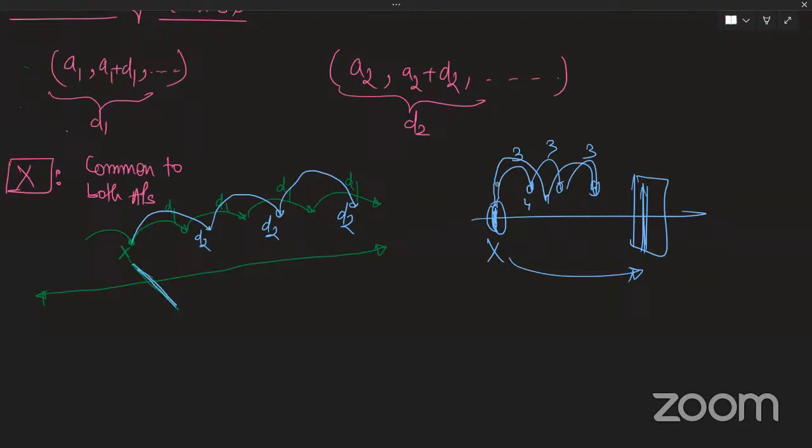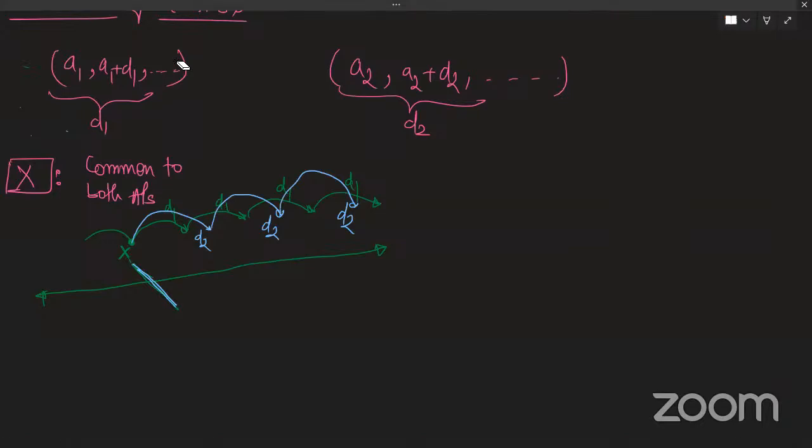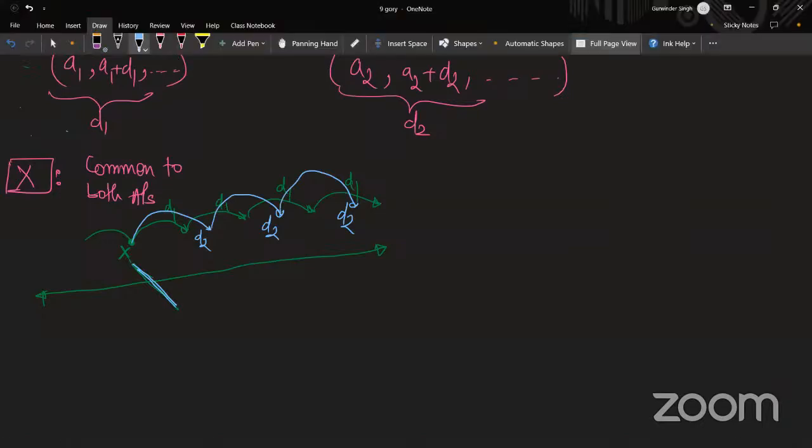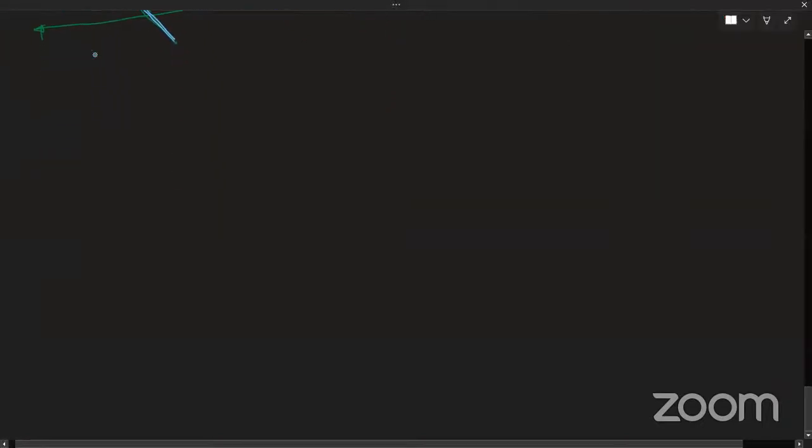Is it 2x? No, I can't definitely say that 2x will be one of the points. So, no worries. I'll just give you a short example. I guess you all lack an example. No worries. So, see, what is happening is,